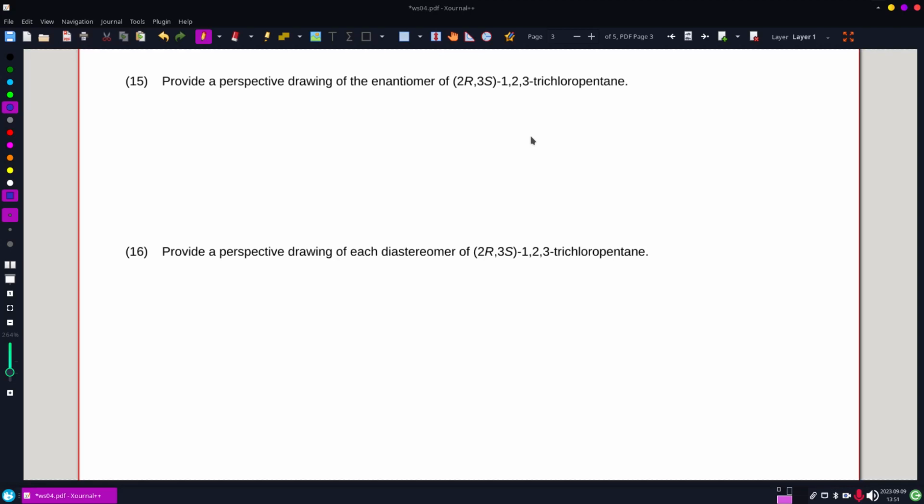All right, we're looking at question 15 here. It wants us to provide a perspective drawing of the enantiomer of 2R,3S-1,2,3-trichloropentane. All right. What I'm going to do is actually start with a nice little